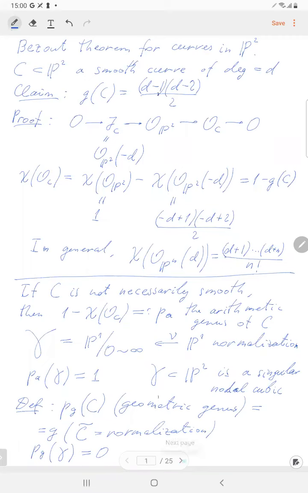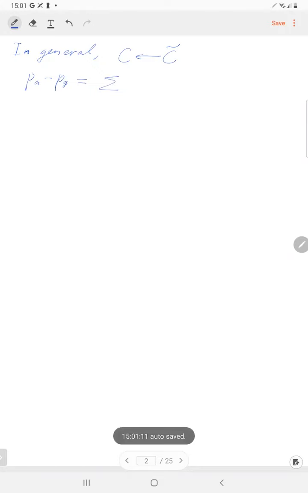Okay, so again, more generally, you have a singular curve C and its normalization C tilde, then the arithmetic genus is always at least the geometric genus, and the difference is the sum over all the points in the singular curve of the dimensions of the